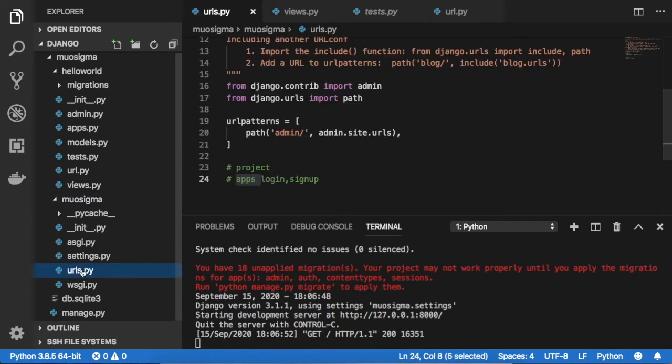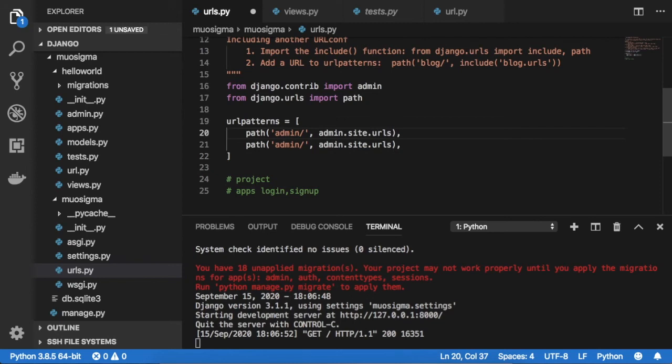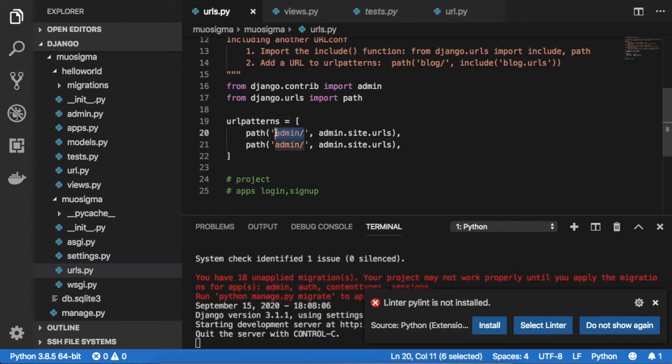because once you go inside the urls.py, it is redirecting to the admin only. So we need to set the path. Just copy this and write like this. So for example, on the blank space, I want to call the URL. So how can I call the URL? In order to call the URL, I need to jump into the application folder, right? So for this you have to use the include function.